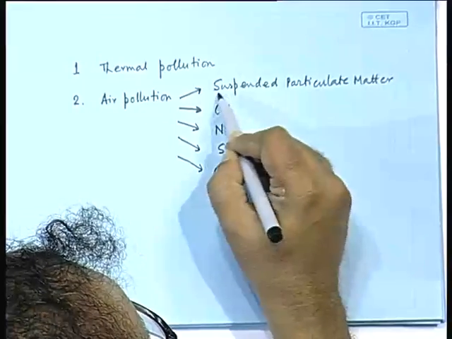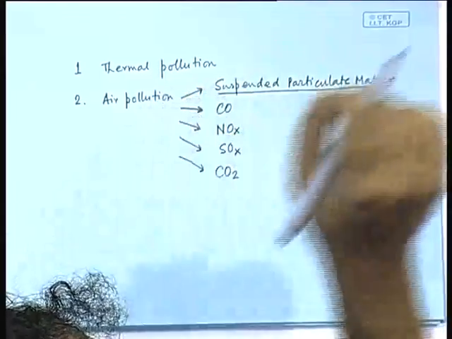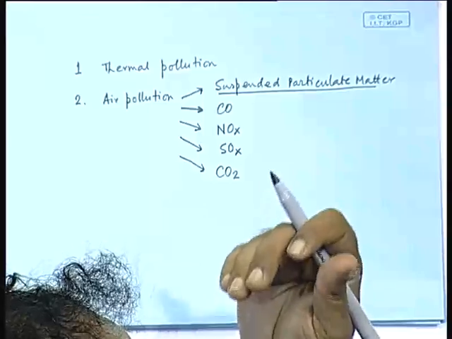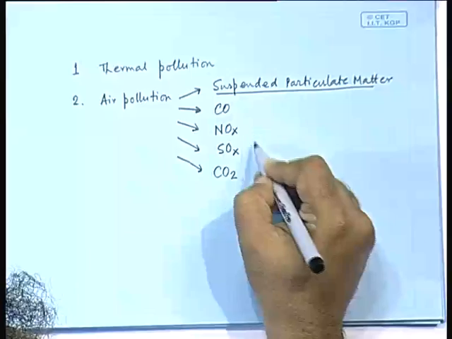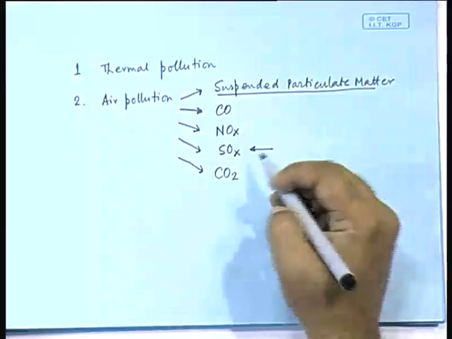So, suspended particulate matter is now understood. Two forms, bottom ash and fly ash, both now taken out of the power plant by means of slurry mixed with water, put into an ash pond, but then they should directly be used to manufacture something, which is not done today. SOx. As I told you, Indian coal has relatively less amount of sulfur, and so for Indian coal, for this specific condition, SOx is not a problem.